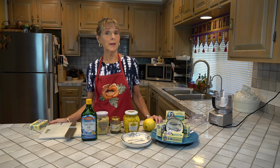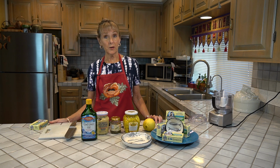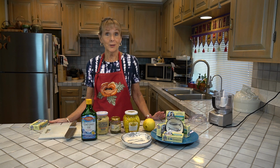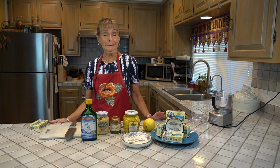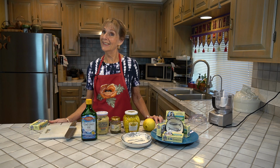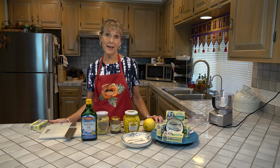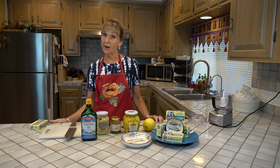Today it is about 100 degrees outside and I have decided I'm not turning the oven on. So I am going to make a really simple recipe. It's a sardine pate. Now before you turn off and you go, ooh, I hate sardines, hear me out. This is actually really a great recipe. It's full of omega-3 fatty acids, so it's great for your heart, it's great for your brain, and it actually